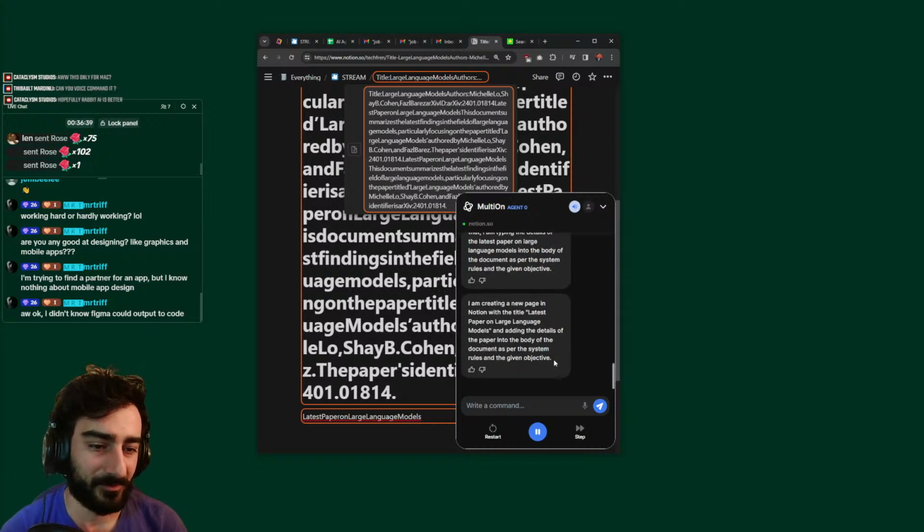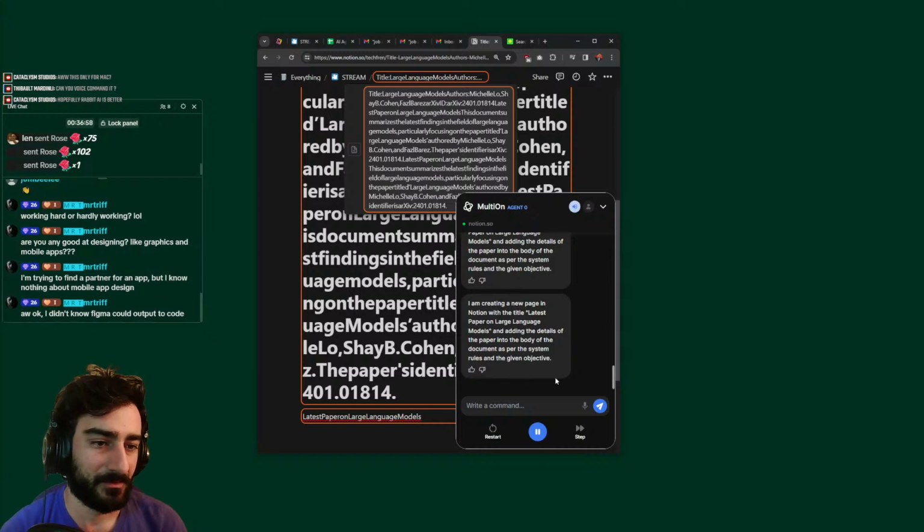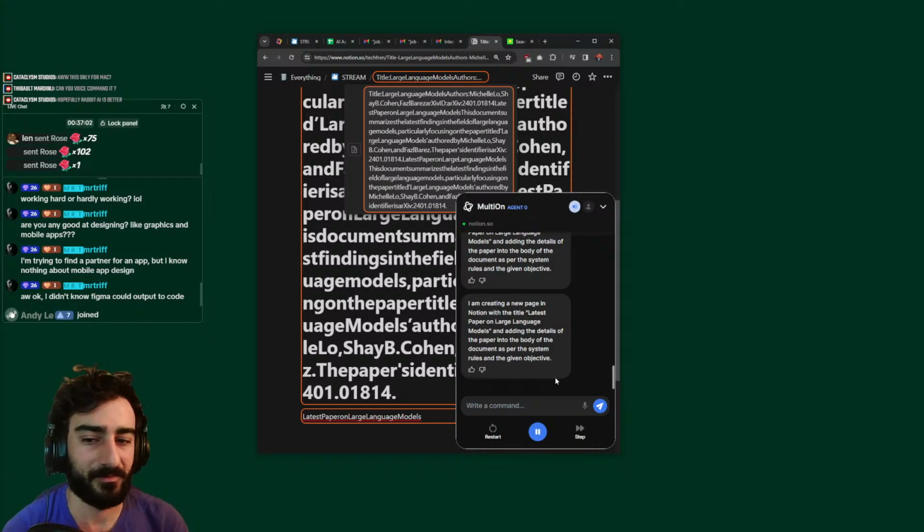It's kind of gone in a loop, it seems. I am creating a new page in Notion with... How many times is it gonna loop? Because that start teaching button doesn't come until we... okay, so this is actually a good opportunity for us to test